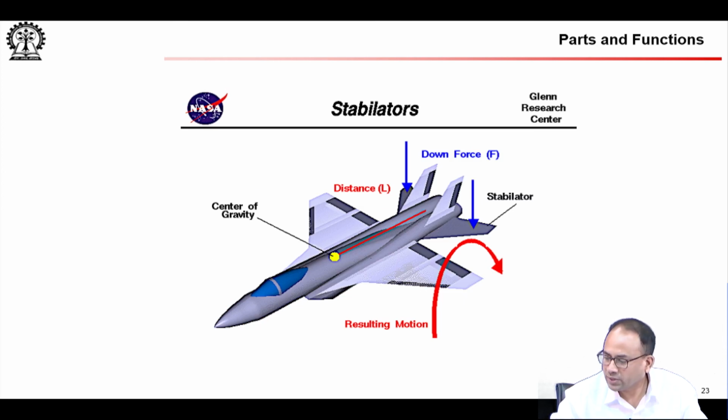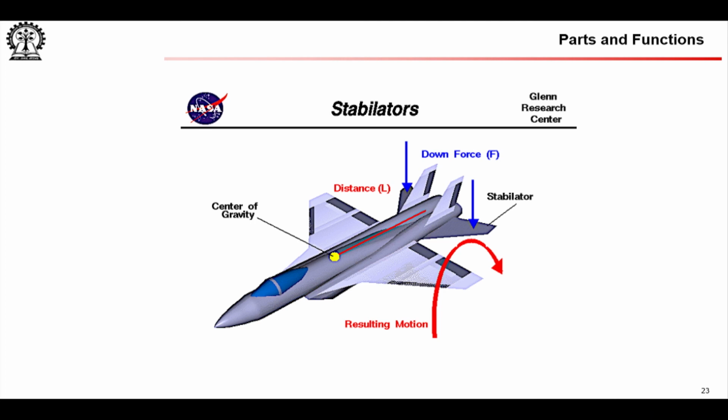Stabilators: sometimes you do not have the conventional control surfaces, and things are combined with each other. Okay, so I think that is where we will close for the day. I would strongly encourage you to look up a book or even a YouTube video that explains the different parts of an aircraft.